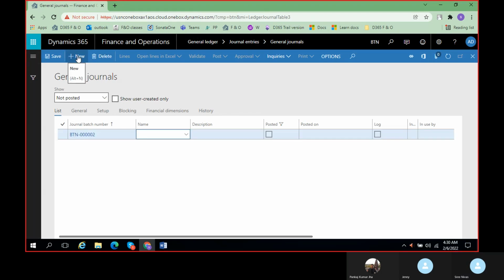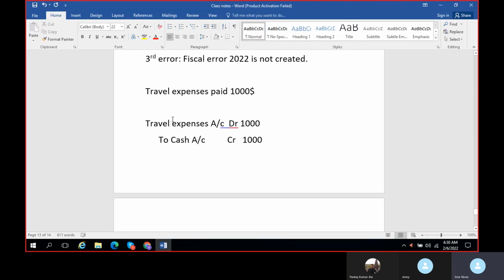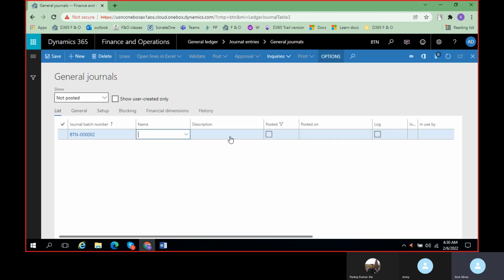Click on new. Can you see the journal batch number? Now it is showing as 2 because yesterday we posted one journal entry, right? That is why. So whenever you post a new journal entry, this serial number will pick the next number. Since this travel expense is a normal journal entry, not specifically related to any module like AP or AR, we'll select general journal, and